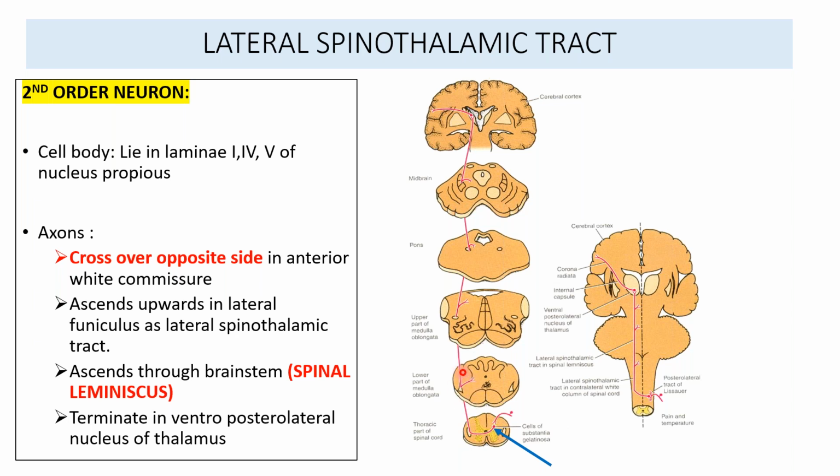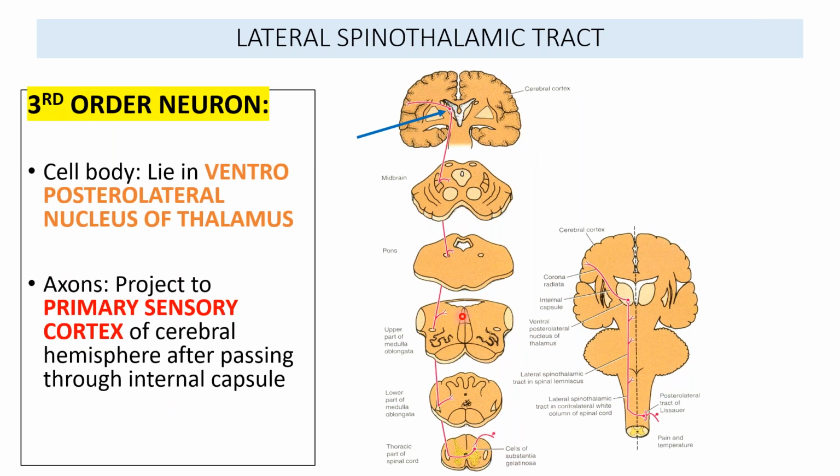So it reaches the medulla, the upper and lower parts of the medulla, pons, midbrain, and finally it reaches the third order neuron, which is at the level of the thalamus. When it is ascending through the brainstem, it aligns itself near the medial lemniscal pathway, and this is called the spinal lemniscus. It is quite near to the medial lemniscus. Now, this arrow is denoting the third order neuron, the cell body in the ventro-posterolateral nucleus of the thalamus,